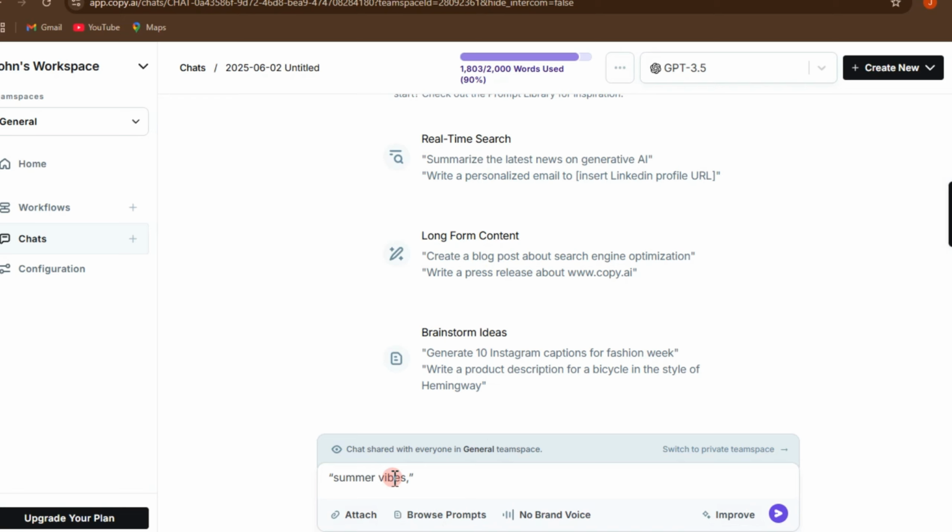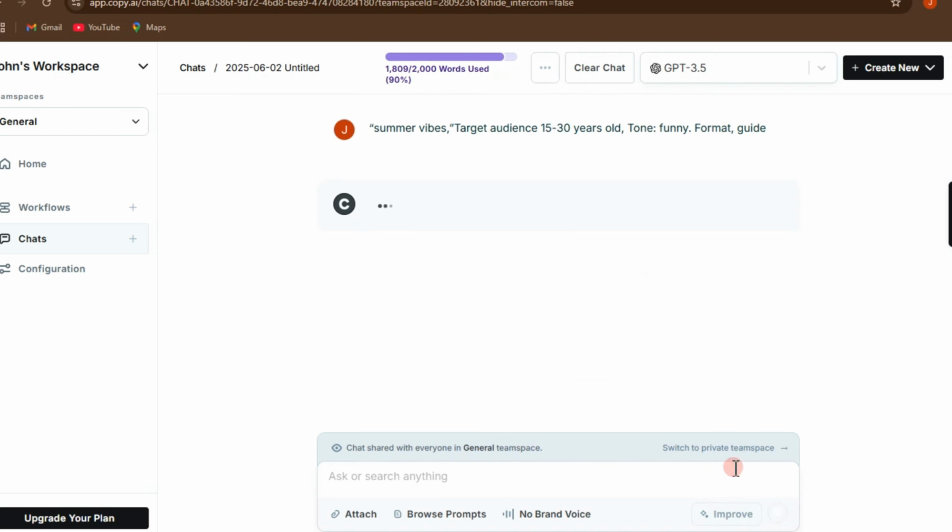Now you can add a keyword, for example, or let's just say the tone or style you want. For example, if you want the tone funny, inspiring, or professional. If you want to add a target audience like 15 to 30 years old, and then a format, let's just say how-to or guide, everything is up to you. So as you can see here, target audience 15 to 30 years old, tone funny. You can add more prompts if you want. After that, you can now press this one or enter